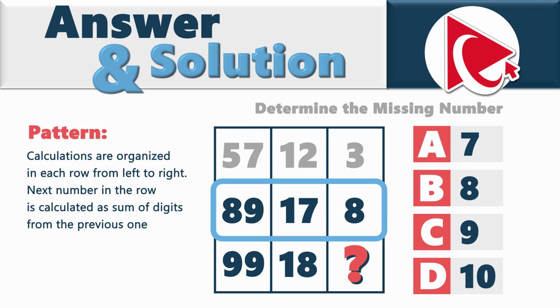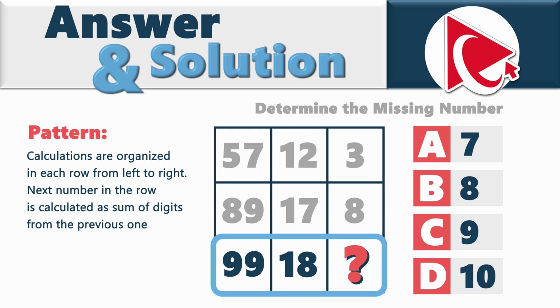Let's look at the second row. Second row starts with the number 89. 8 plus 9 equals 17, and then 1 plus 7 equals 8. The third row starts with the number 99. 9 plus 9 equals 18. So to calculate the missing number, we need to add 1 plus 8, and the result of this is 9. So the correct answer here is choice